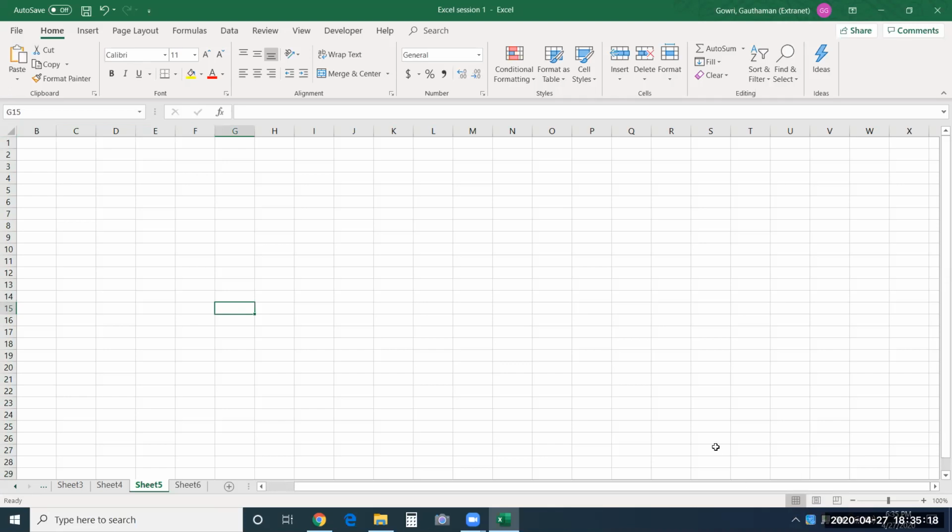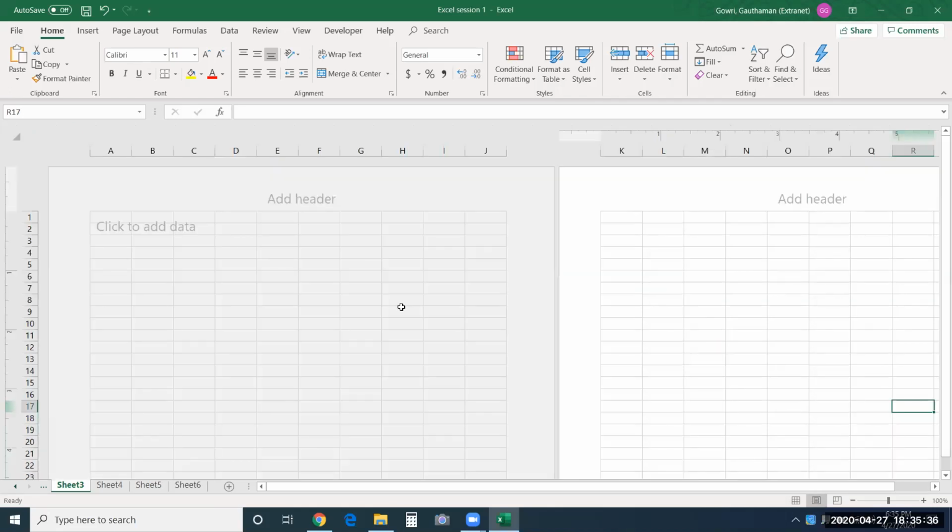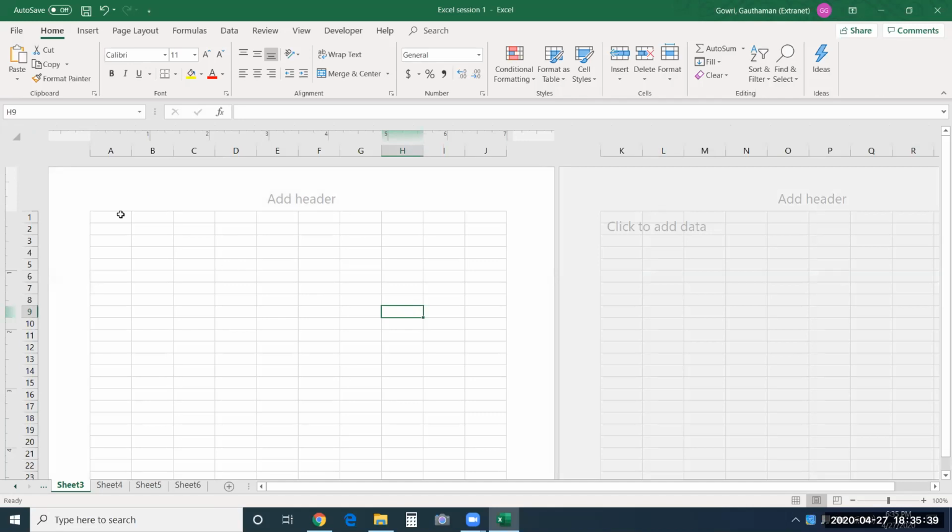So view shortcuts, what does that mean? Every sheet has a view, and currently by default you see normal view. This is how you see the Excel sheet. Now let's say I want to see page layout view. Most of you would not have used it, but this is used to see how exactly your data looks when you print it on a sheet. This is known as page layout view. You also have options to set margins, give header, footer, all those things in this particular view.